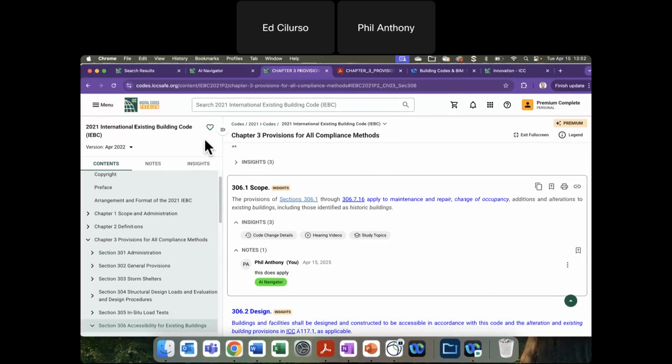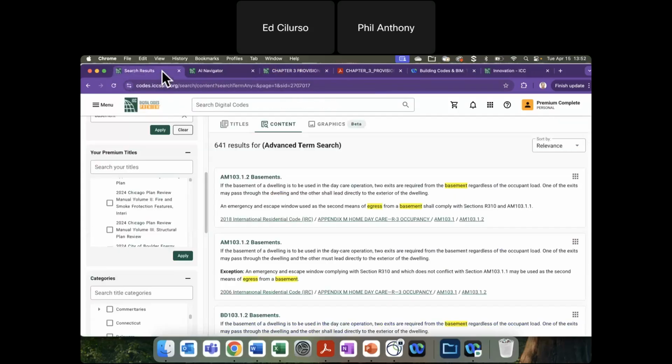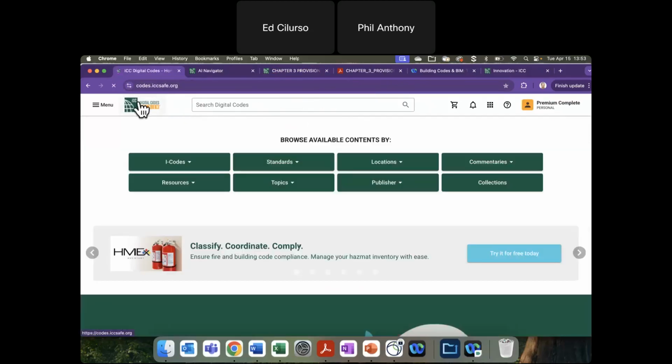The NFPA currently has their own NFPA Link software that they use. So for that example, we do not have those digital rights to have that in this software. There's a question about would a plugin be considered for Bluebeam? At this point, it's not something that we are working on actively. I think we would consider ICC content plugins or AI tools for any software that had sincere interest in using it.